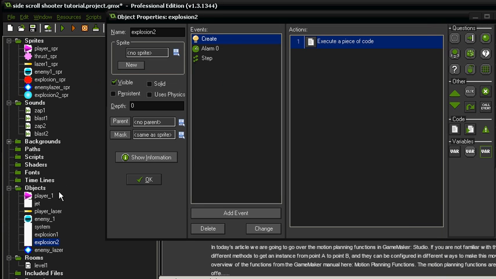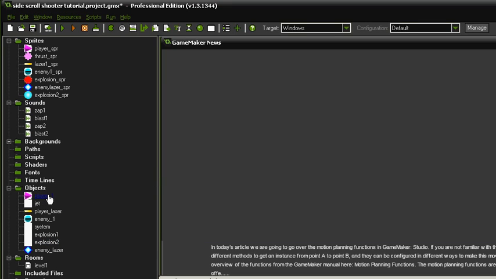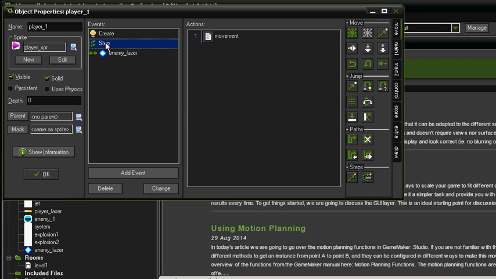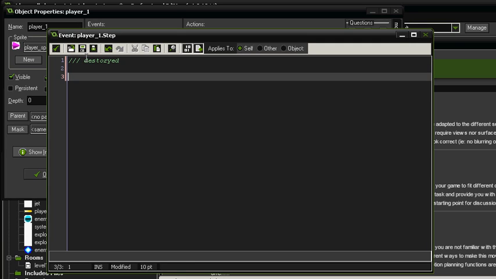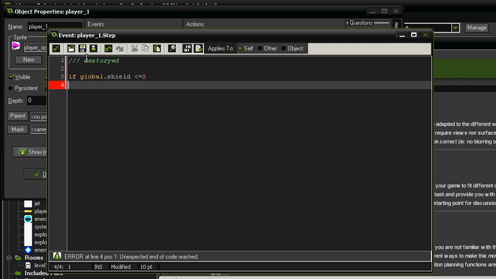And then I need to do some code in the player object step event to test whether the shield has reached 0 and to destroy the player, or in this instance change the player object into the explosion 2 object. So I'm just going to create a new bit of code, give it the hint destroyed. So if the global variable shield is less than or equals 0, then